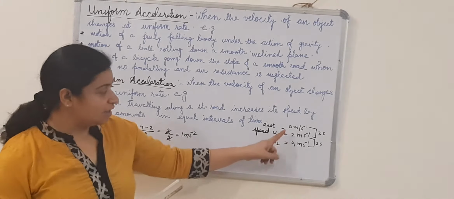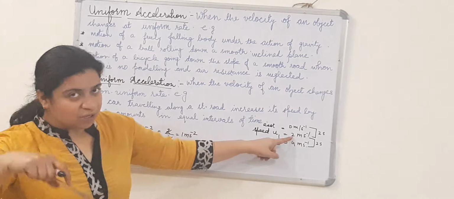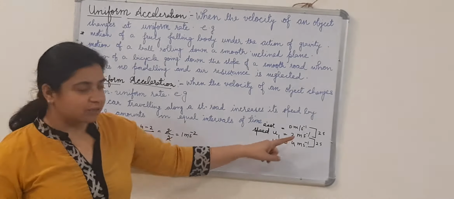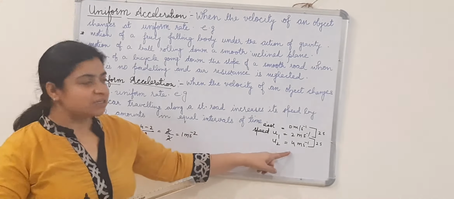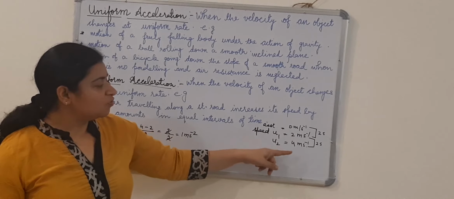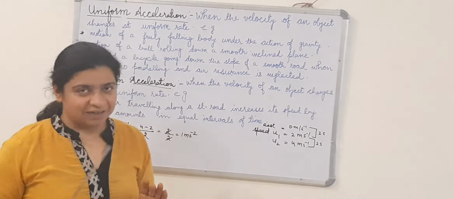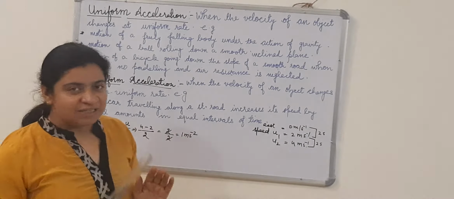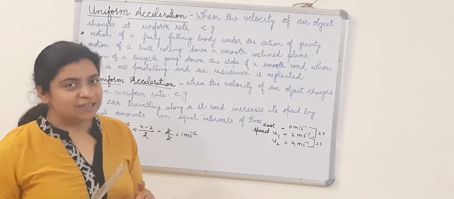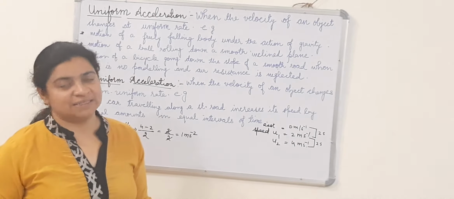It's not static. Earlier you were at rest. Now, when you first gave the race, your speed became 2 meter per second. And then again when you accelerated further, your speed became 4 meter per second. But from 0 to 2, 2 to 4, every time it took 2 seconds. It means your velocity is changing. If it is changing, then only there will be acceleration. If the velocity is not changing, there won't be any acceleration.